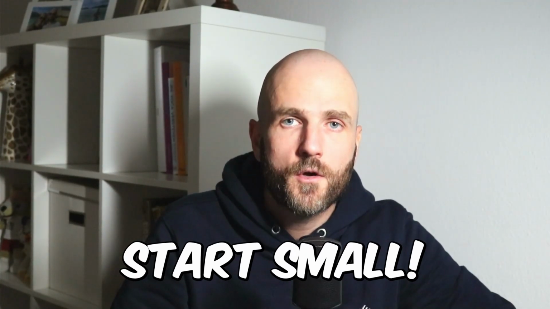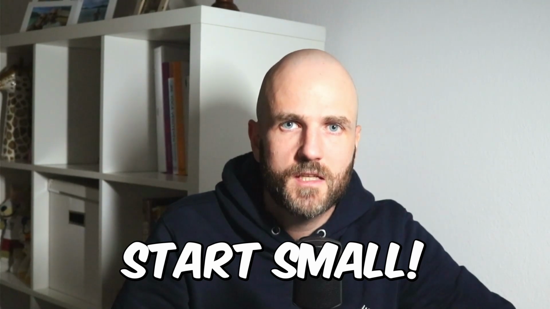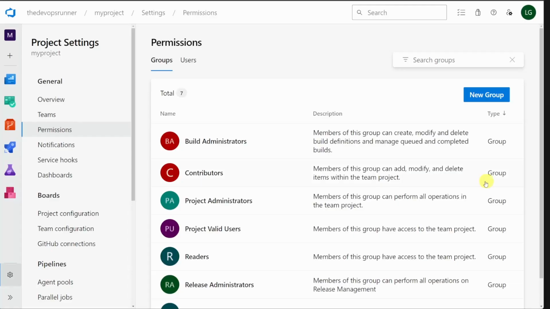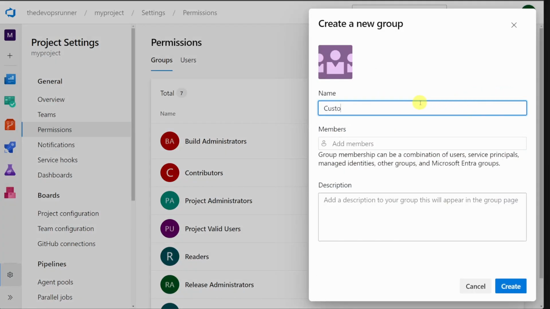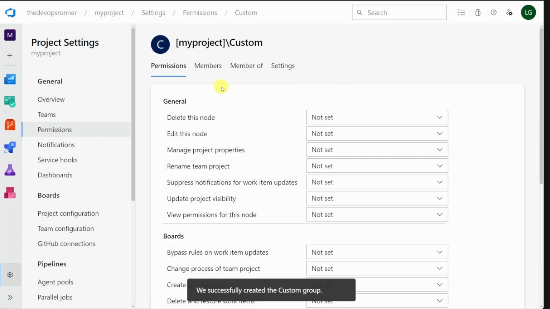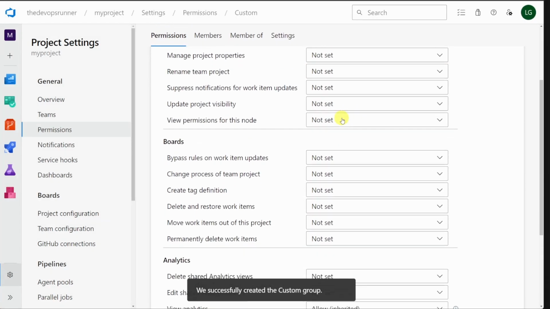So it's a good practice to start by assigning the reader role to your users first, then grant them the contributor role, not at the project level, but at the repository, branch, or even pipeline folder level, as we will see shortly. Lastly, another important point, you have the flexibility to create your own custom roles. Once your security group is created, you can specify its permissions for each of the following settings you can see on the screen. As I mentioned earlier, we have the flexibility to assign security groups at the repository or even